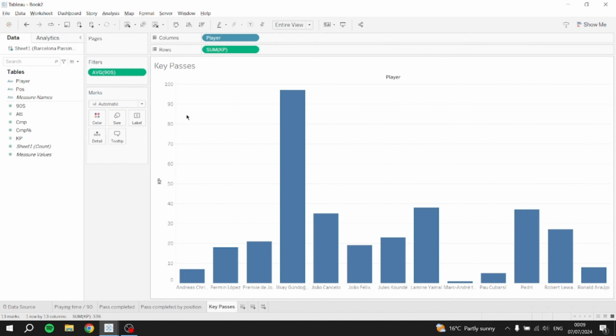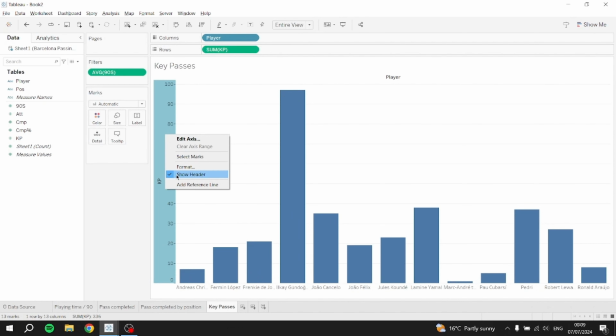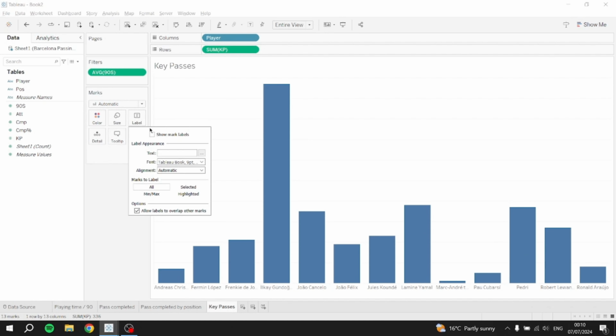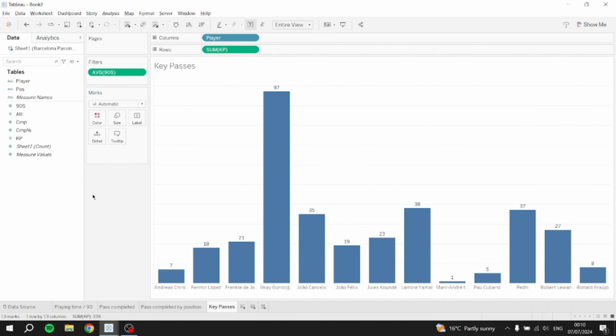Now again, same thing, we can clean this up a little bit. We can go ahead and remove show header. We can remove this row label. Another thing is, as you can see, this is just a bar chart with no number. What we can do is add the label. Click on label, select show mark labels. See,